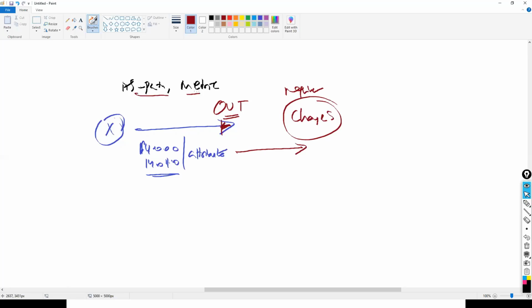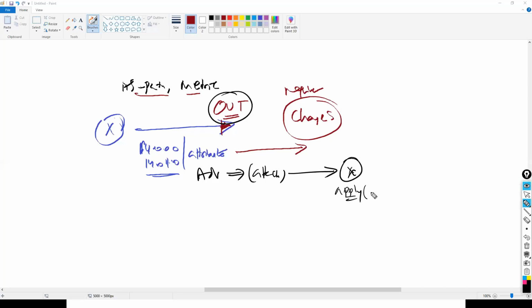There are a few attributes which use outbound, like AS path and metric. If you learn these attributes, you'll get a clearer picture of how they work exactly, but here I'm just trying to give you the difference between in and out. Sometimes you want to apply some attributes to the neighbor router, not the local router. In those scenarios, we simply say out, which means advertise the routes, and while advertising, attach these attributes and send them to the neighbor. When the neighbor receives them, it applies this attribute and adds those routes in the BGP table, which means even though the configuration is done here, the changes will be applied on